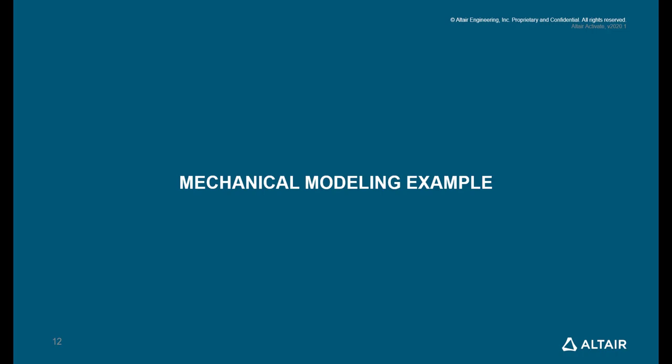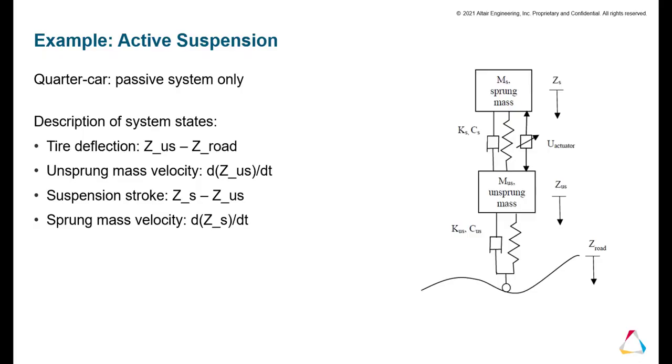So let's take a look at an example of a mechanical model in Activate. So we're going to use the example of an active suspension. If you're going to model an active suspension in Activate, you can start with what we call a quarter car model, which is zooming into, instead of all four wheels, zooming into just one wheel system. And